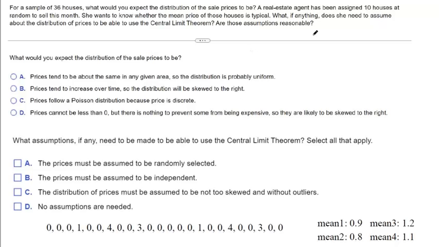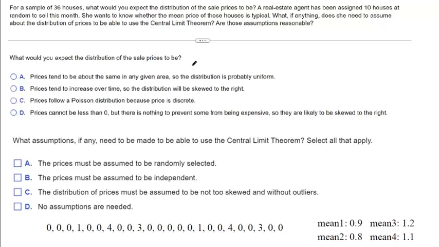So this real estate agent is assigned 10 houses. That's not a big sample size. So we can't assume the mean price of the homes is normally distributed with the central limit theorem, because the textbooks that we use tend to just say 30 is the magic number. At least 30 data points. You could maybe have 35, or you could have 25, and then the means would be approximately normal. But you need about 30 data points to assume that your mean is normally distributed.